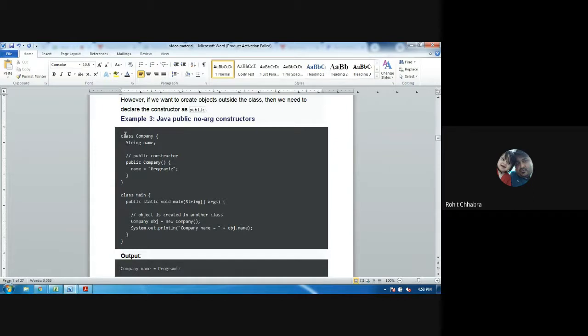We have created a company constructor for that class. In the company constructor we have not passed any type of argument. There is only one variable, that is name, because that class already has that string type variable name. We only provide the input to that variable in that constructor.